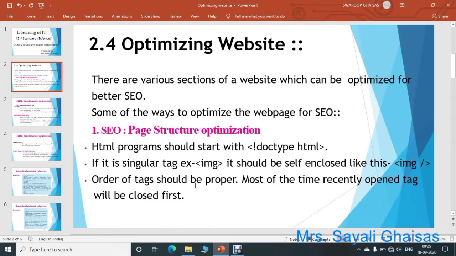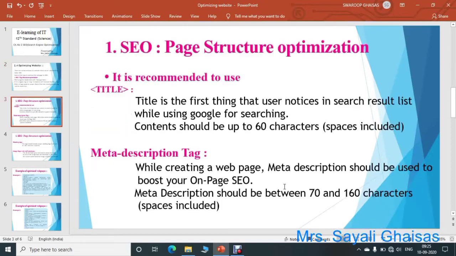The order of tags should be proper, and most of the time the recently opened tag will be closed first. So there is a certain order of tags, and our program should follow that order. Also, if there is nesting of tags, then the recently opened tag, that is the innermost tag, will close first, followed by the others. So this is about page structure optimization.